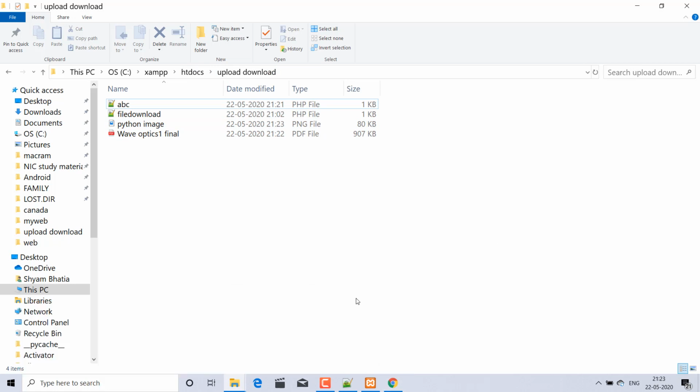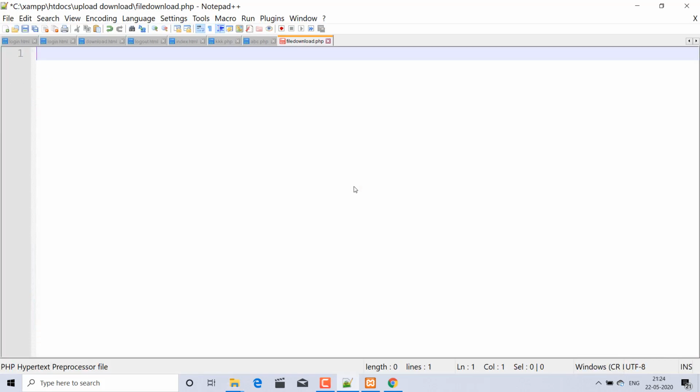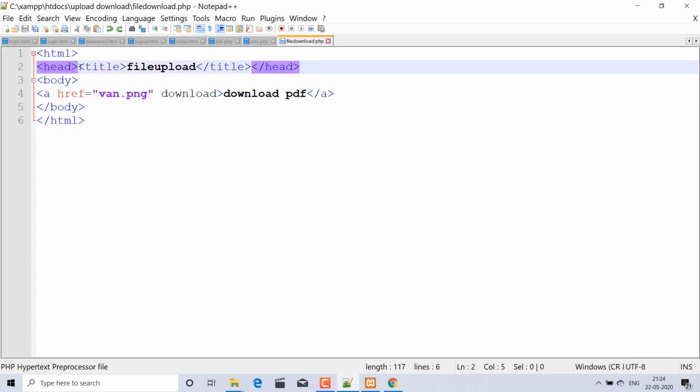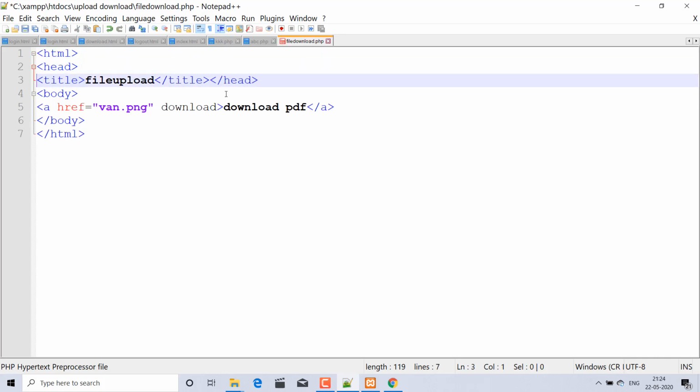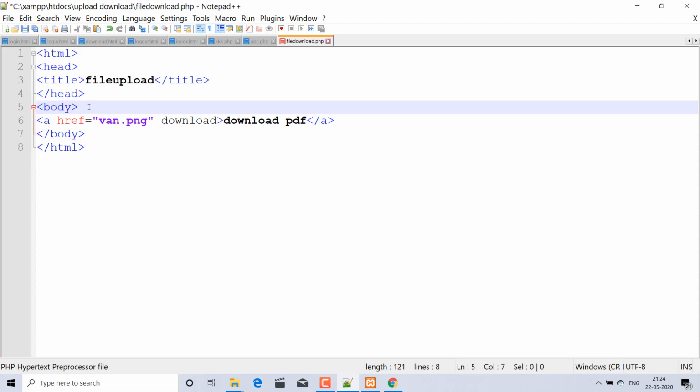Now we will move on to the download file, and how to download that, as per my subscriber's request. So Bappi Devan, this program is for you. I am opening the file for download now, and it is very simple, friend. First of all, this is one more important file. It is HTML, with the head tag, which is a very common property. You can watch this, then we will make it.